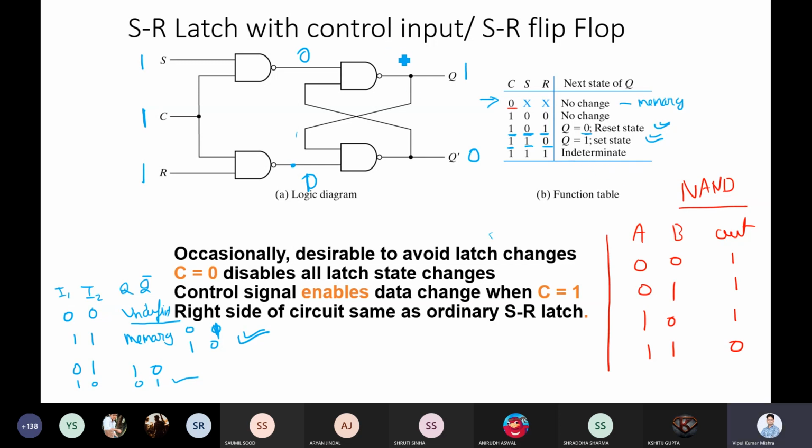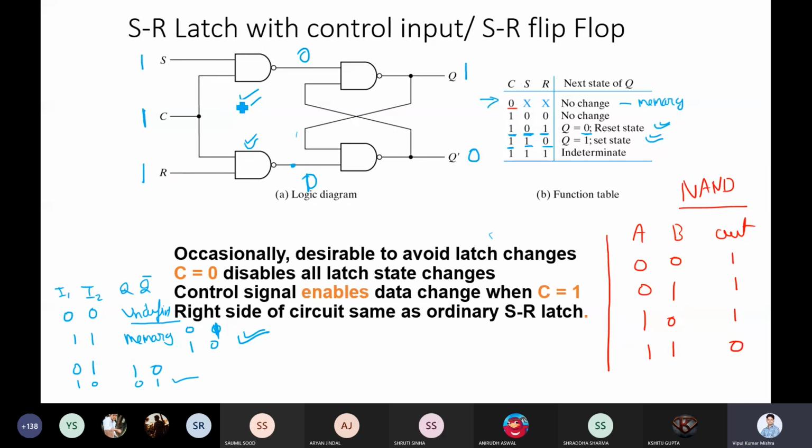Which is not a valid state. So we have seen this already. So ultimately, if you look into this entire diagram, what change we have made, we add these 2 NAND gates. Now, by adding these 2 NAND gates, the one input of this NAND gate is clock and the input of this second NAND gate is S and R value.